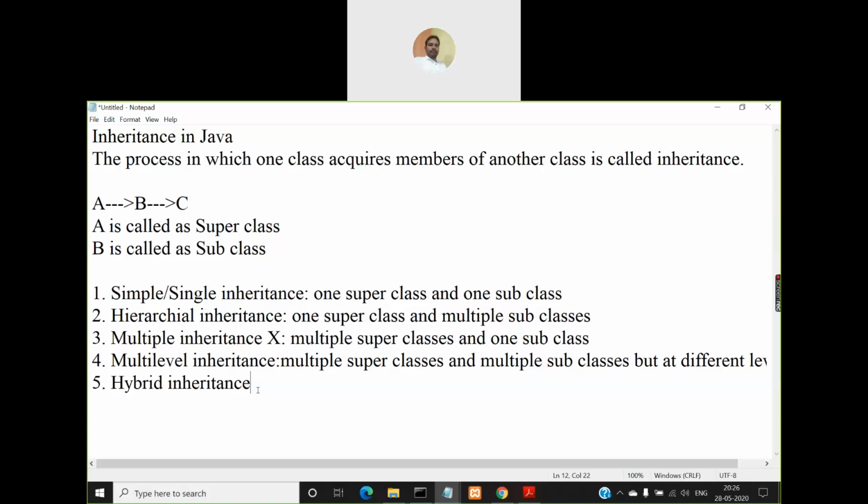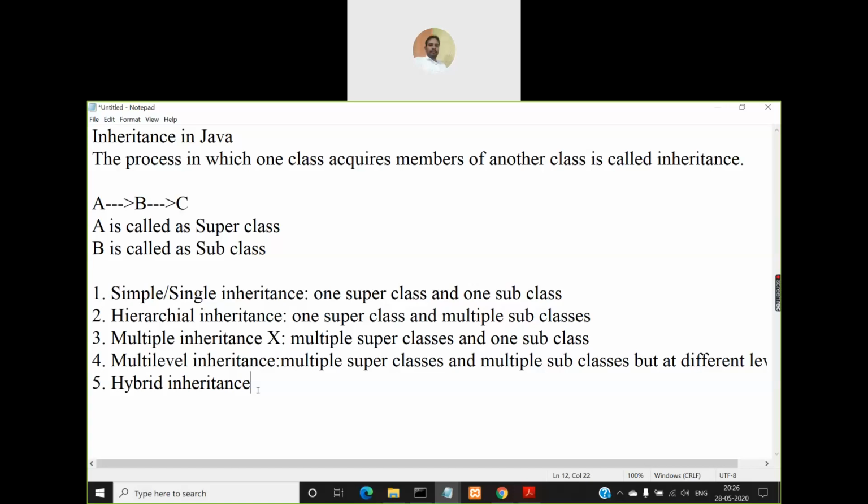Even though you can combine different types of inheritance to get a hybrid inheritance, you cannot use multiple inheritance at all, because Java does not support multiple inheritance at any level. So you can combine hierarchical and multi-level, you can combine single and hierarchical, or you can combine single and multi-level, but you cannot combine multiple inheritance with any of the other three to form hybrid inheritance. Okay, fine. So this is about different forms of inheritance.